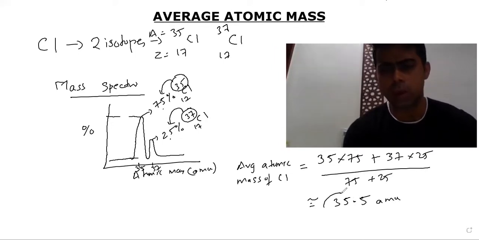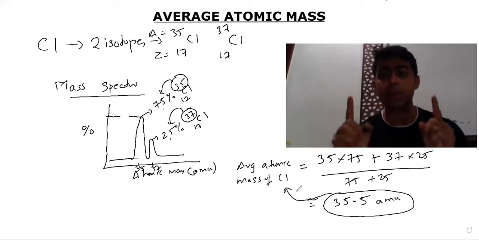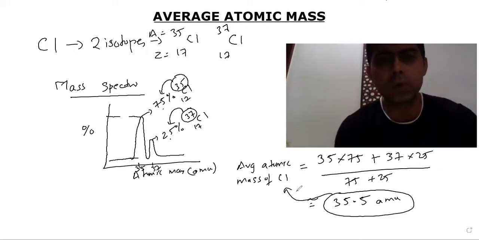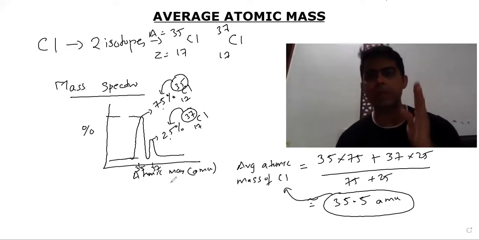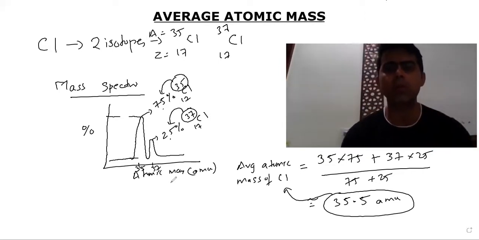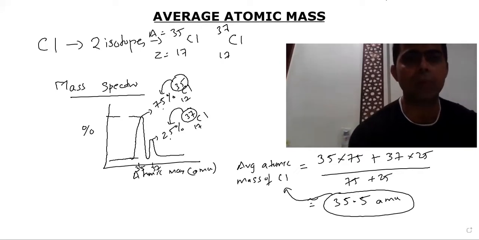So now guys, this is the average atomic mass of chlorine, which is written in the periodic table. So guys, we don't use 35 and 37, we use 35.5. That is the average atomic mass. So if I want to make a formula to calculate average atomic mass,